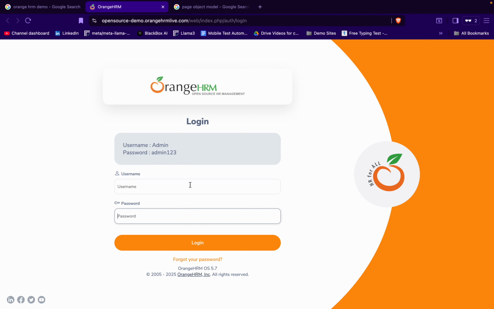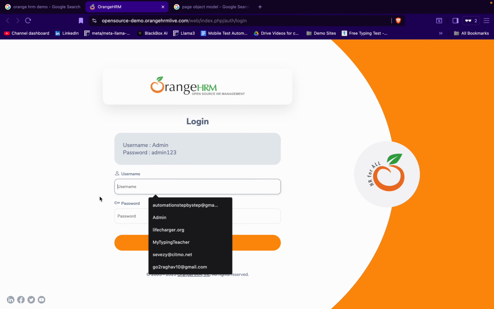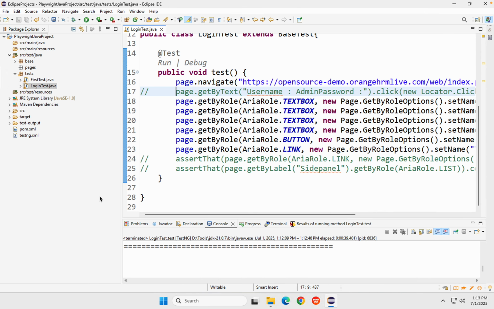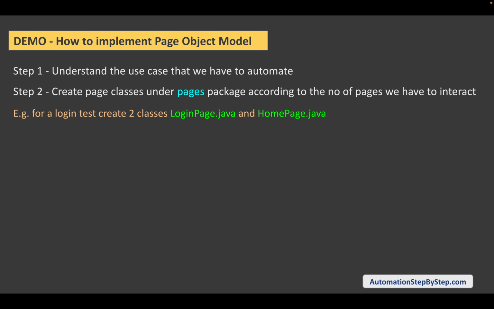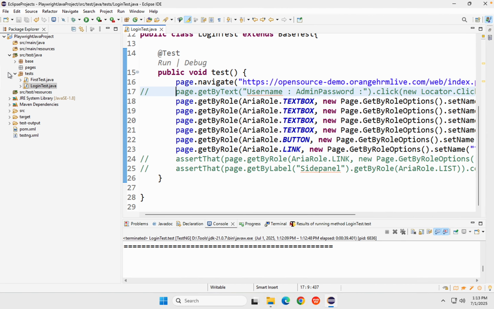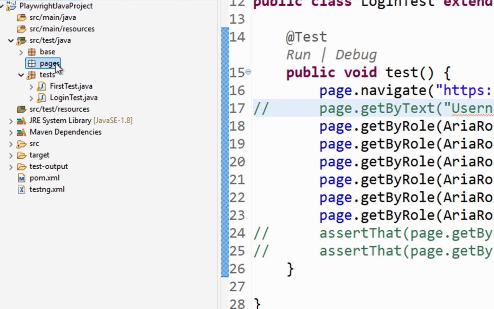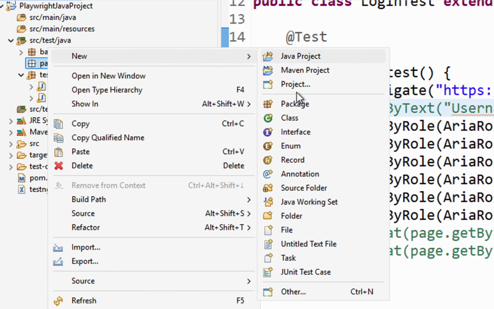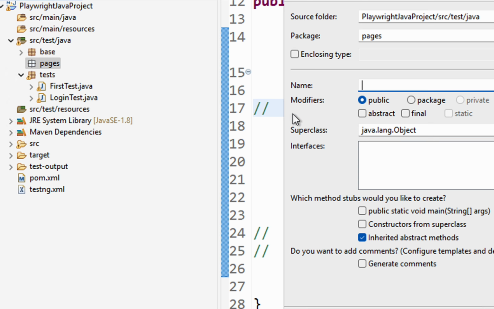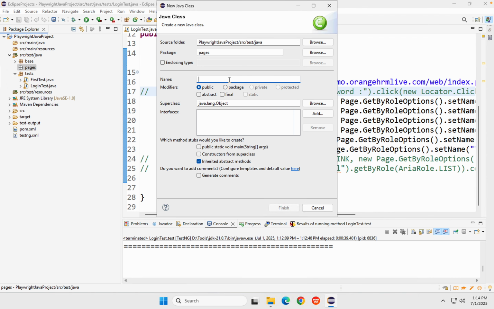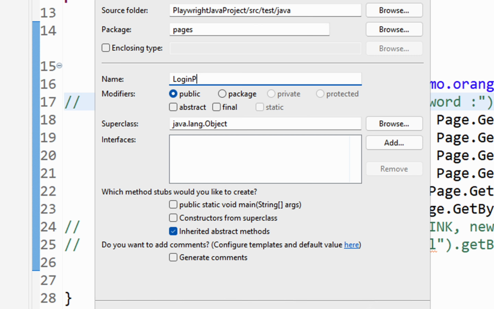So it is very easy, and it is very clean. Okay, so let's go to the pages package, and we have already created the pages package in the earlier sessions. Here I will do a right click and create a class. I will call it login page,